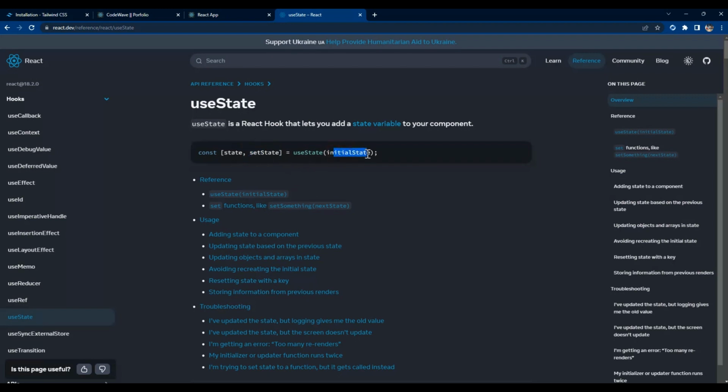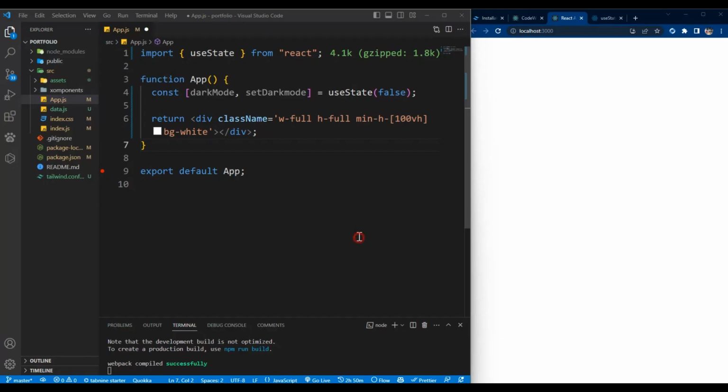So this is our state, and this is the function to set a value to our state. We'll name it dark mode, and this is the initial state. So the initial state is set to false. Now let's go here and say dark mode